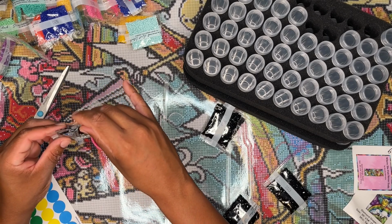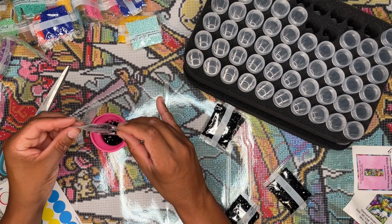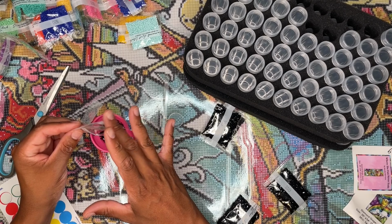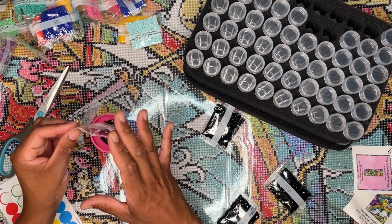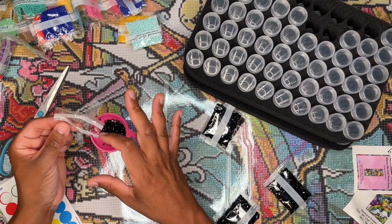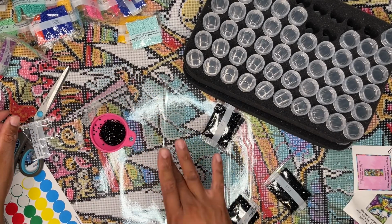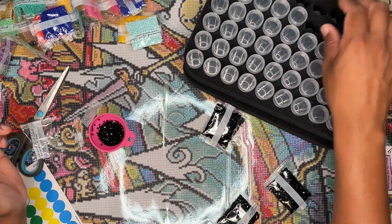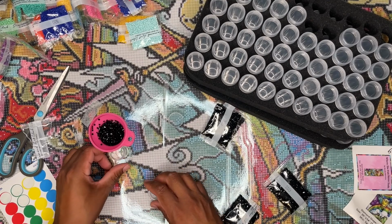And after about the third time doing that, I realized that I never go back to them. I've always had plenty to finish my kit. Actually, there was one color on Midnight Laundromat that I did run out of, and Diamond Art Club sent it to me within like 2 days. I don't know what their express shipping is, but literally within 48 hours I got the extra color. So between that and the fact that I usually have extras of everything,